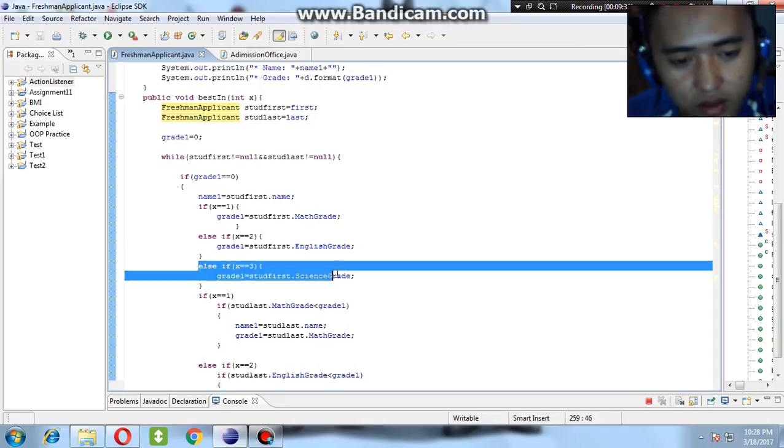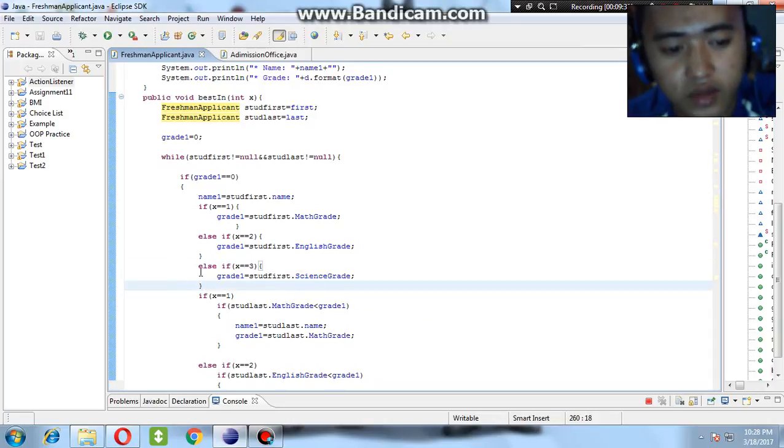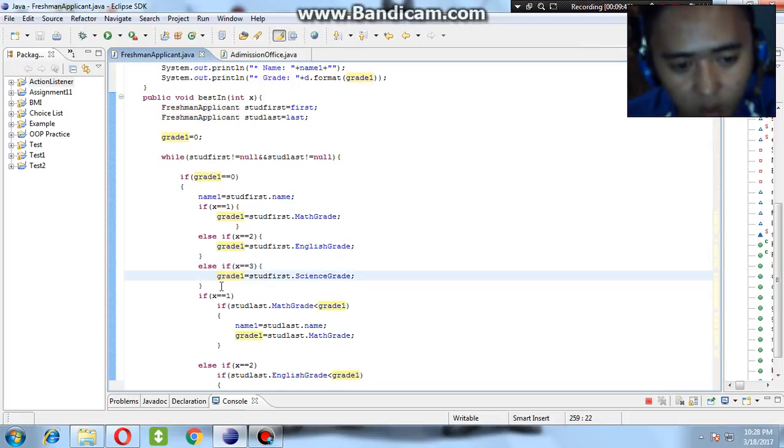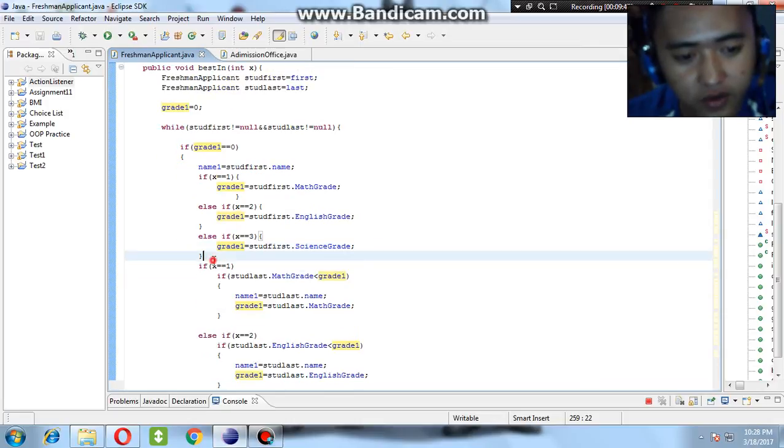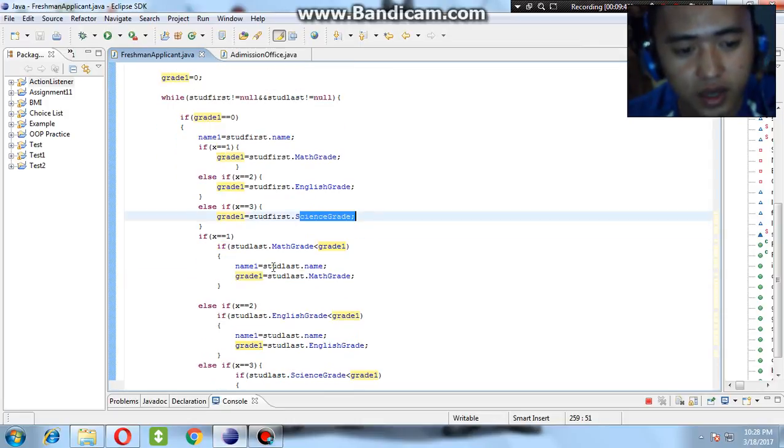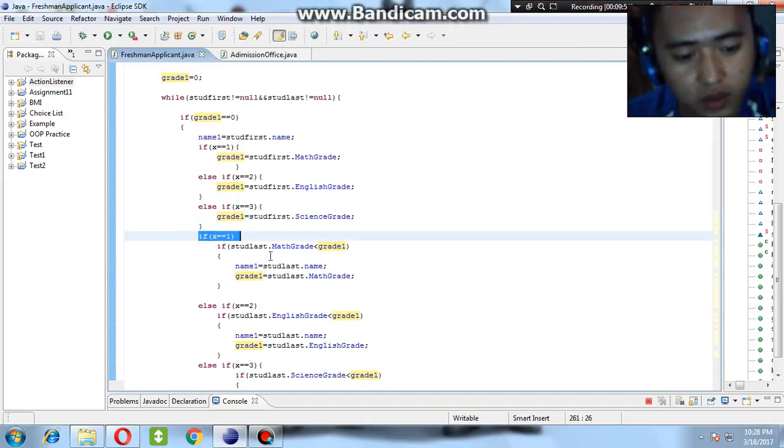And if x is equal to 3, for science grade, who is the highest for the science grade. And then if x is equal to 1, and this is the process for